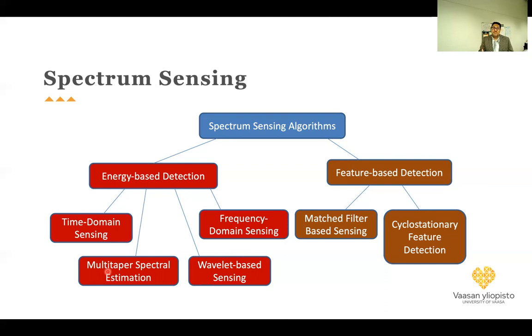The propagation behavior at 700 megahertz is very good. The coverage area can be very wide, and we also have enough bandwidth to transmit or receive at a very high data rate.